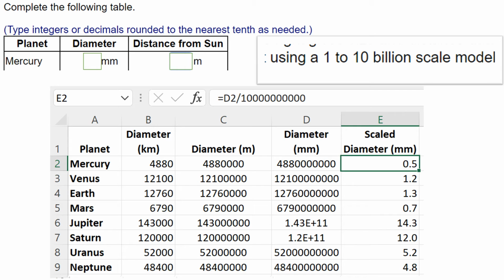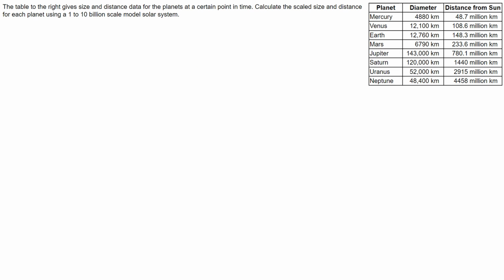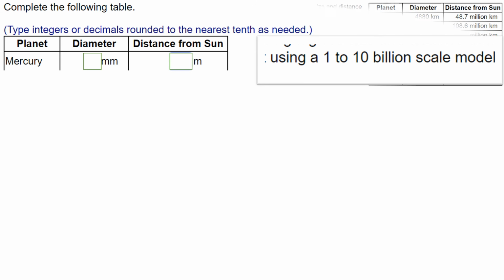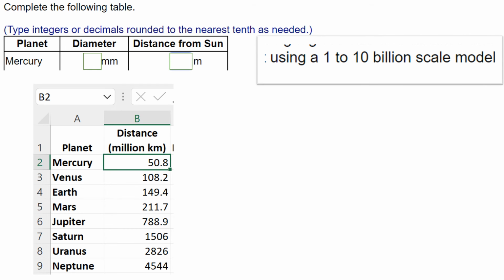Let's look at the distance. If we take the distance and do the same thing, we're going to round it down. We're going to put distance in meters because we scaled down 1/10 billionth. If we're using that 1/10 billion scale model and we take the distance of Mercury, it is 50.8 million kilometers from